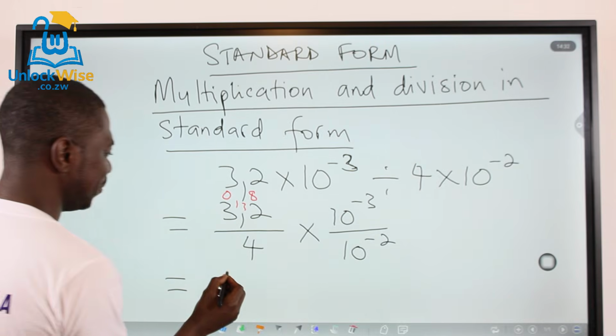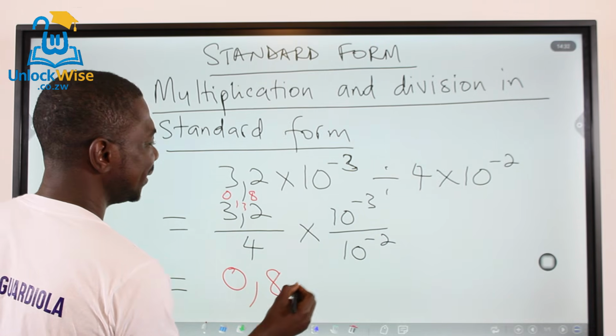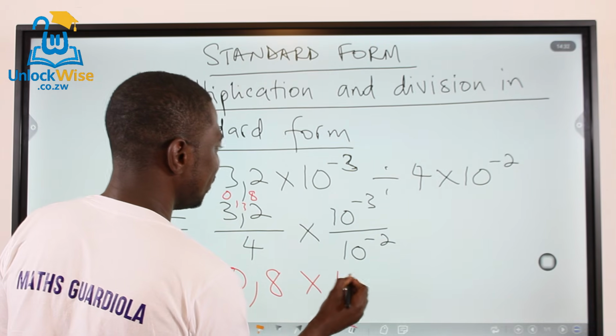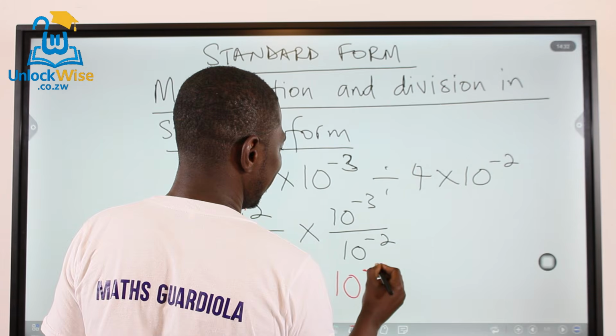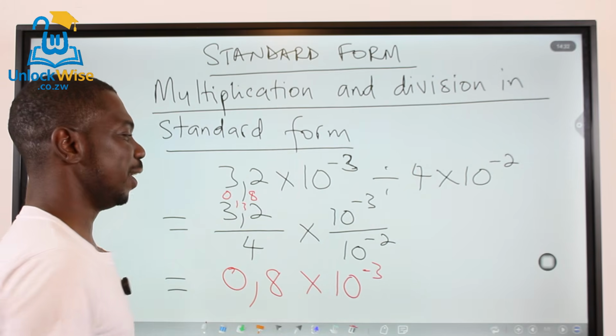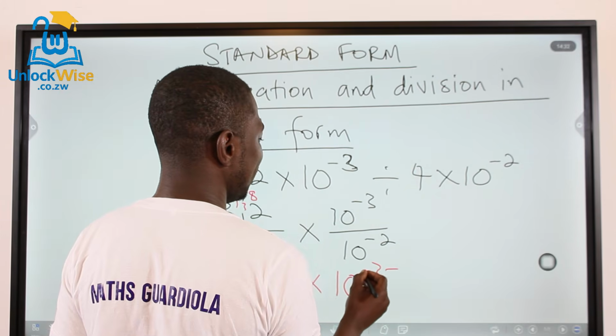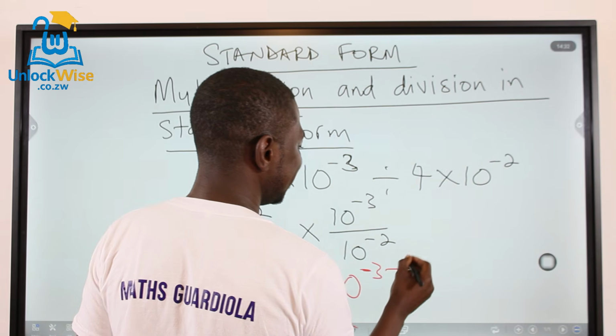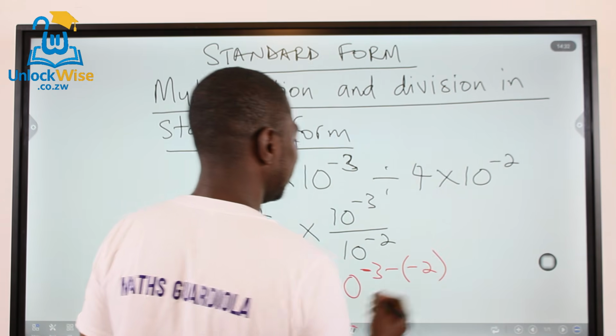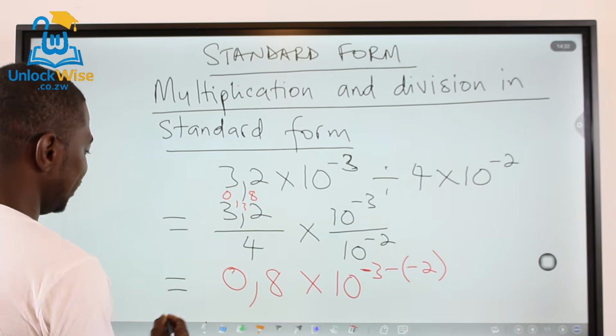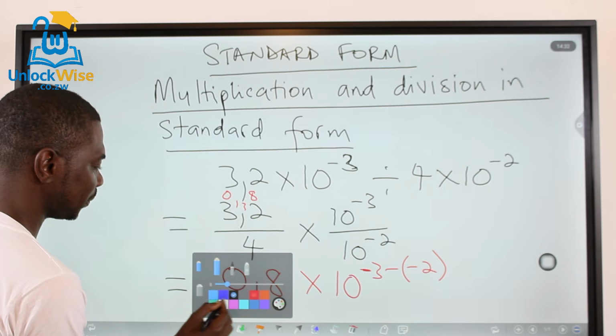We are going to have 0,8 times 10 to the power, here is minus 3. And if we are dividing, we subtract. So it's 10 to the power minus 3 minus 2, right? So this is going to give us